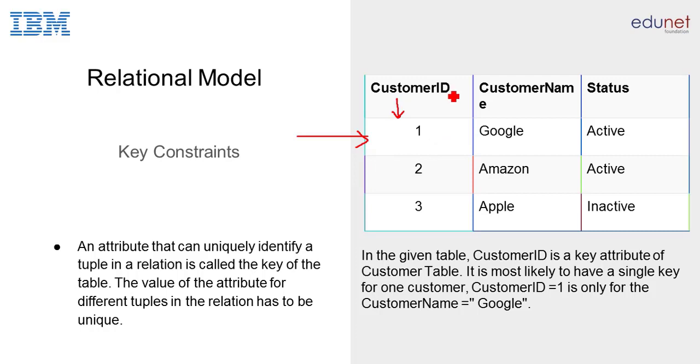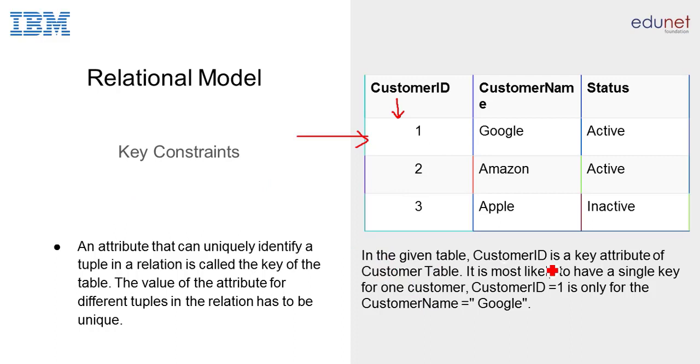It means the user can access those records using the customer ID. Suppose I have an account in Amazon or Flipkart, then the customer ID is created inside the database table, and that database table maintains this ID as a primary key. What is meant by primary key? Primary key means it is a unique value. It cannot be duplicated or repeated, and only one primary key is allowed in a particular table. That is how we apply the key constraint.